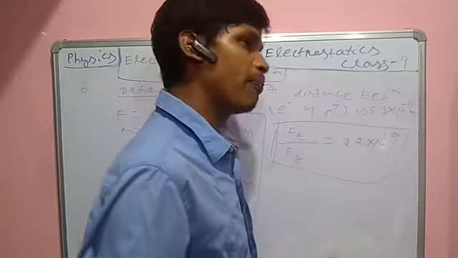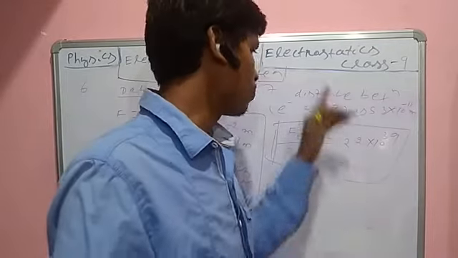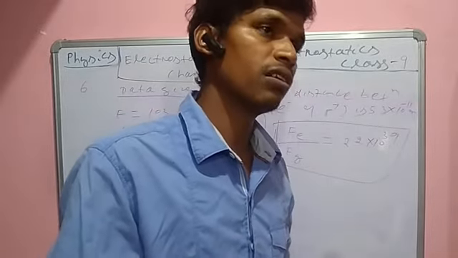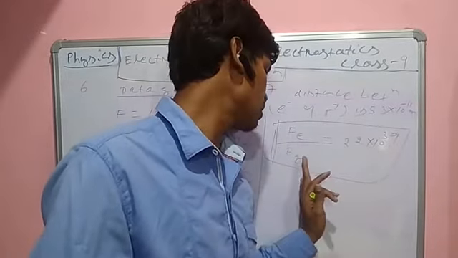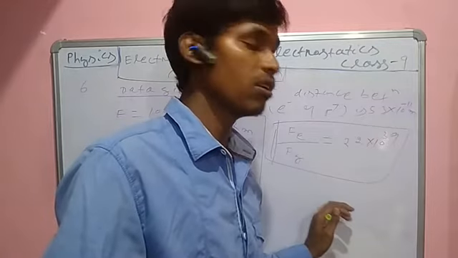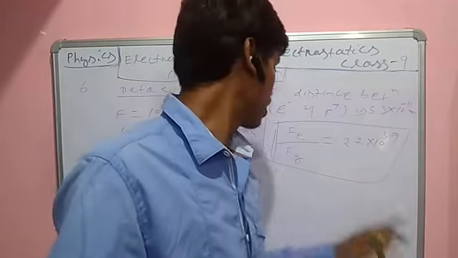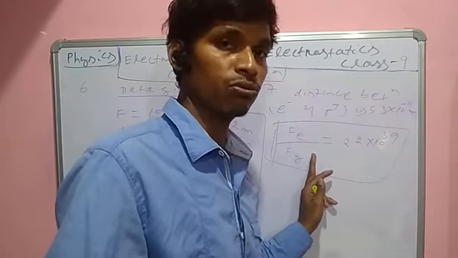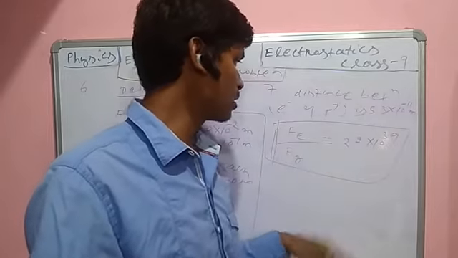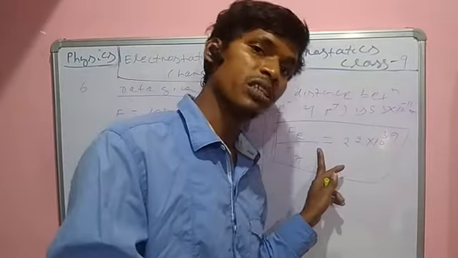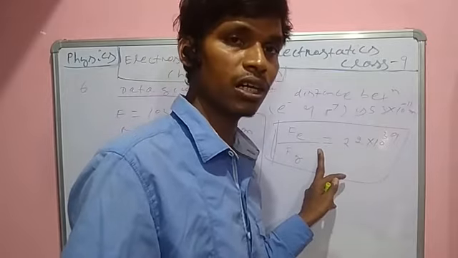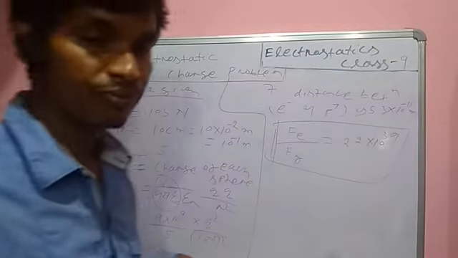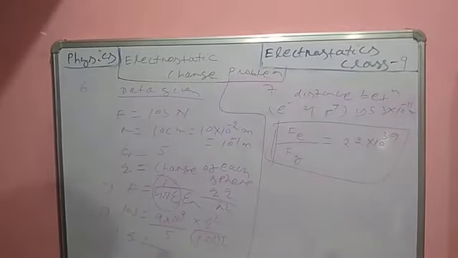The ratio, or relation between electrostatic force and gravitational force, is already discussed. In your note you have already studied the ratio of electrostatic force to the gravitational force. Listen, so you can solve from this theory. This is an easy question, not difficult. This one you can try. Then question number 8.